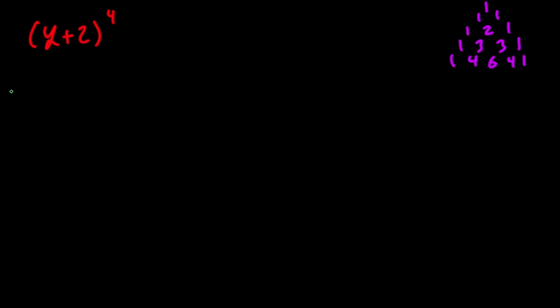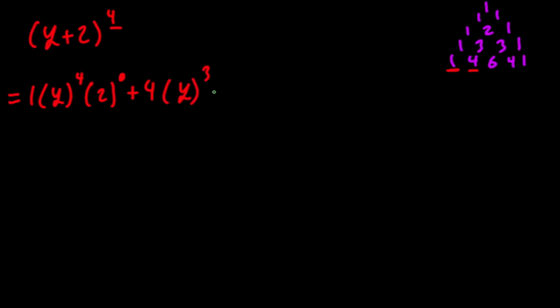And you can start. So we have the first number is 1 into whatever is before the plus sign. So y power of 4 into 2 power of 0, plus the second number, which is a 4 into y power of 4 minus 1, which is 3, into 2 power of 0 plus 1, which is 1, plus 6